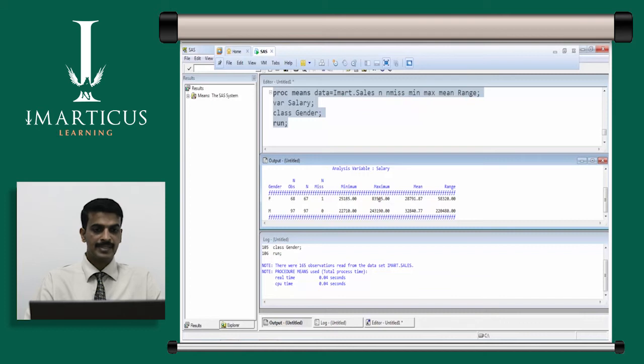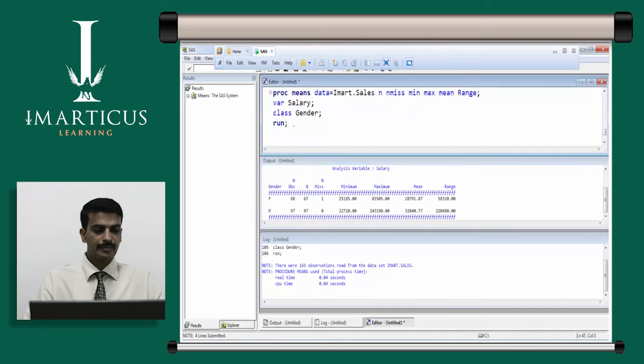This is minimum, this is maximum, this is the mean salary, and this is the range of the salary, which is representing difference between minimum and maximum salary. And then you have the second row for the male gender, where you have total 97 male observations and all 97 are present. Now if we add one more variable, say country,